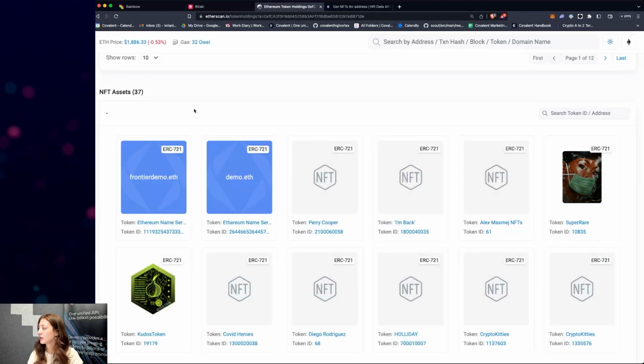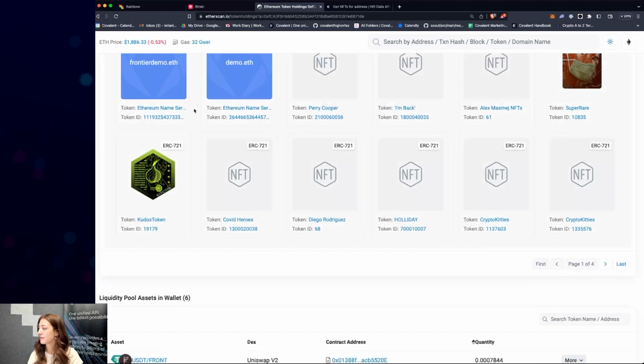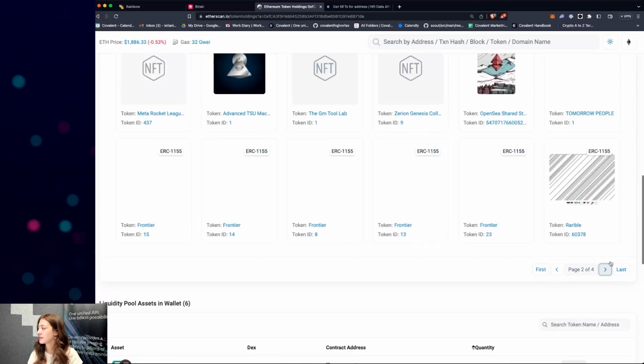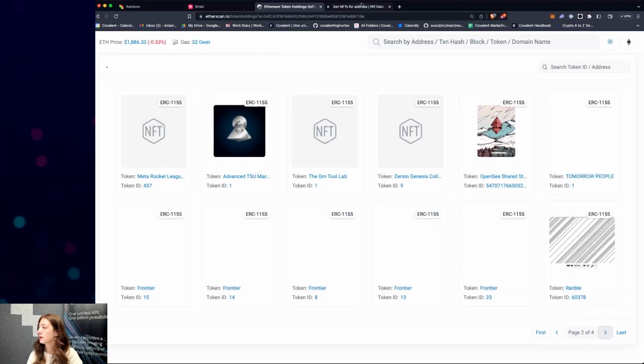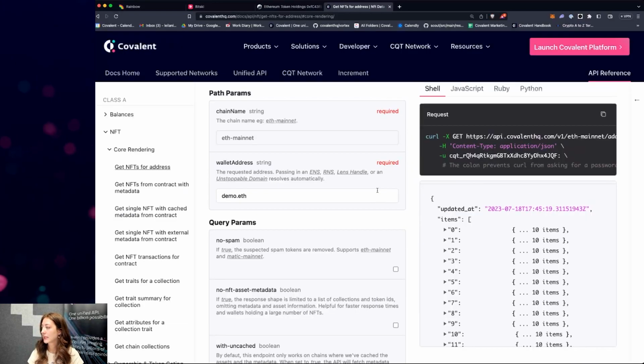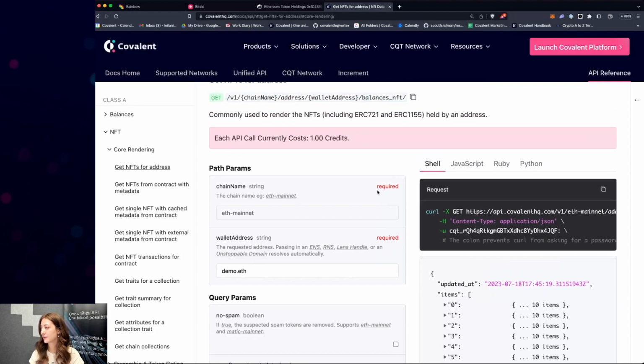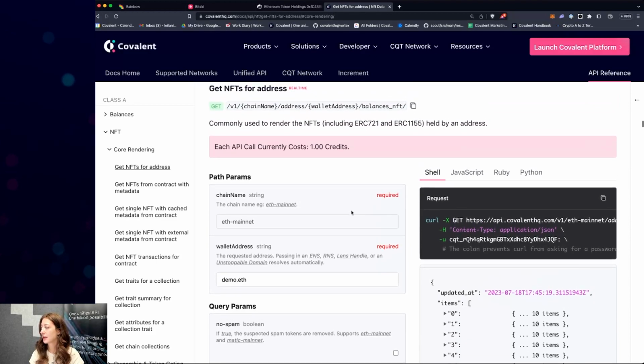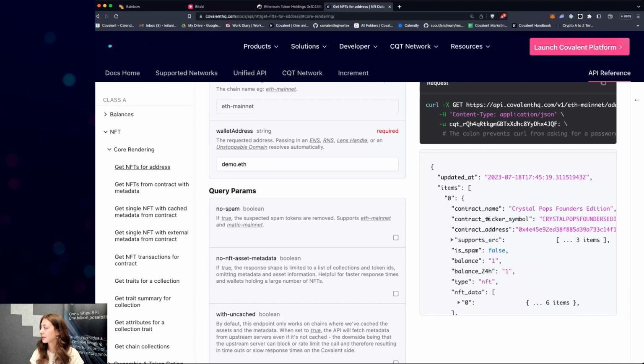This one shows me 37, but I'm going to assume that some of these are really random or old NFTs that we don't show. Okay. So if I go to get NFTs for address, I can do the same thing, but I'm only going to fetch the NFTs that this person's holding instead of all of the token balances if I wanted to segment it. And then I just put in demo.eth, I hit run,